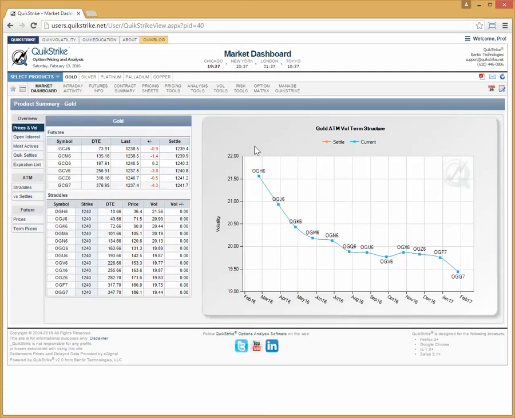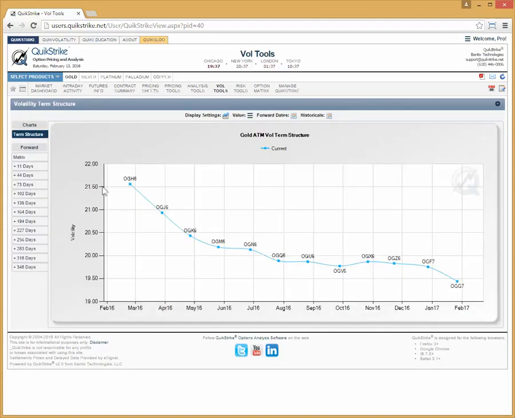Okay, and this term structure chart, we see this on the product dashboard, but we're going to dive a little more deeply here and take a look at it as a tool itself. So here we are in the vol term structure. Basically what you have here is all of the expirations. You see these little hashes with the Feb 16. This is the 1st of February, the 1st of March, the 1st of April, et cetera. And then you're seeing where these